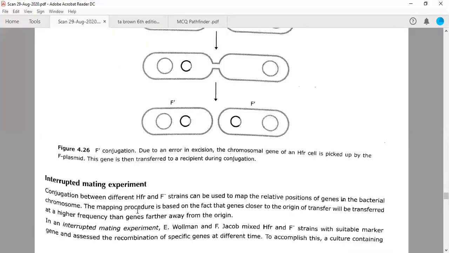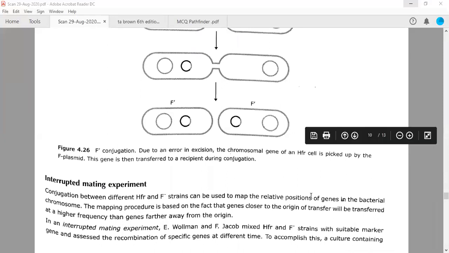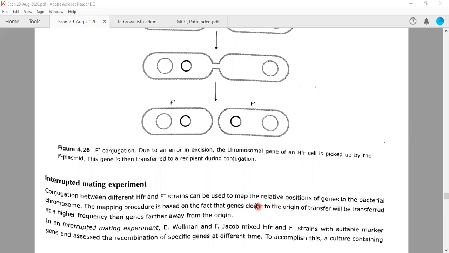So the mapping procedure is based on the fact that genes closer to the origin of replication, those genes which are closer to the origin of transfer, this is called oriT, will be transferred, or they have more chances of